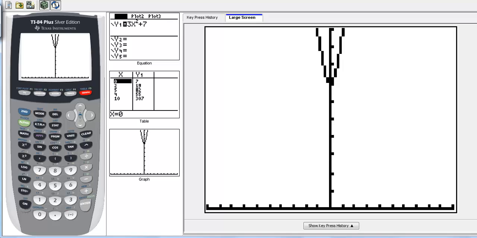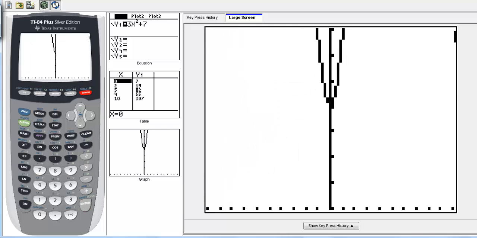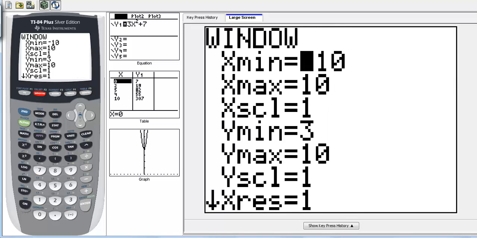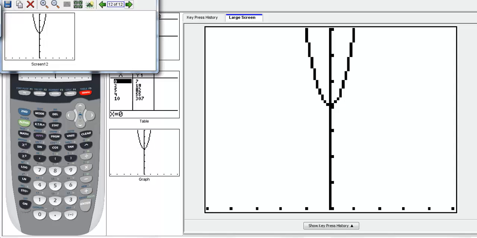And let's make the y minimum, let's make it a negative 3 even. Whoops, not negative 3. Let's make it a positive 3. So now if we look at the graph, it gives us a little bit better picture of our parabola. And I'm going to make the x minimum a negative 5 and the x maximum positive 5. That'll give us a pretty good representation of our parabola. So if I copy this over to our notes,